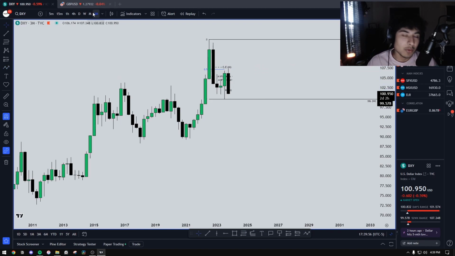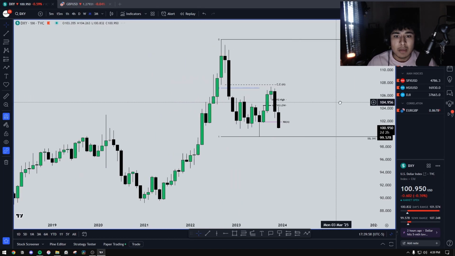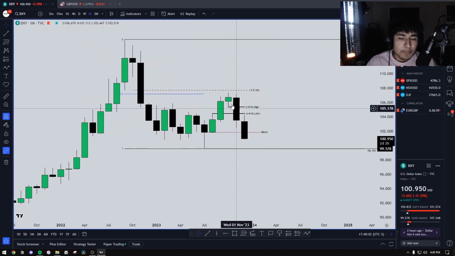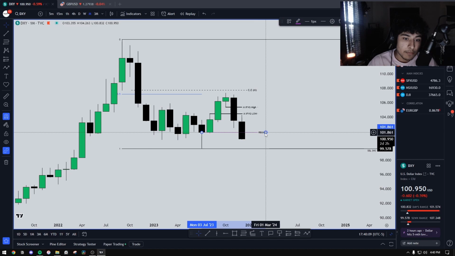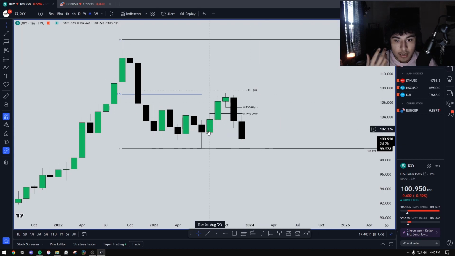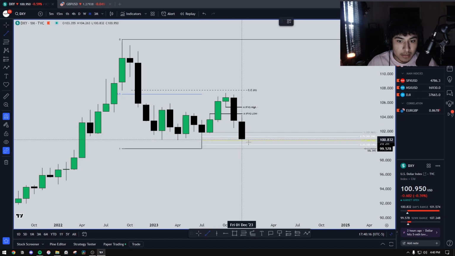That's what I'm watching, since we are inside that buy side imbalance. But on the monthly chart, you can see that on a higher time frame premise, we created an inversion fair value gap. We hit the rejection block. I'm probably going to take this off and use the consequent encroachment of the wick. So that's what we're going to draw here, and that's going to be our next objective whenever we reach that.